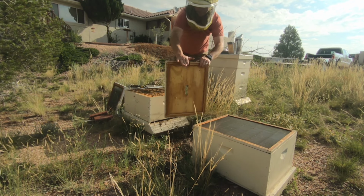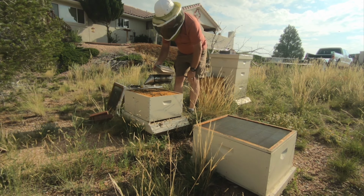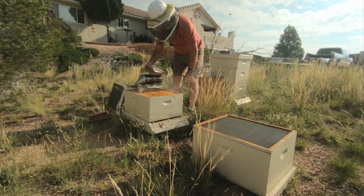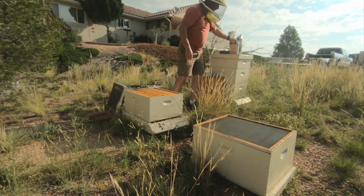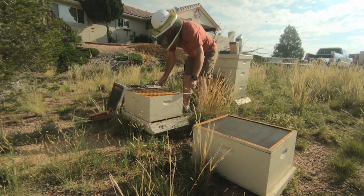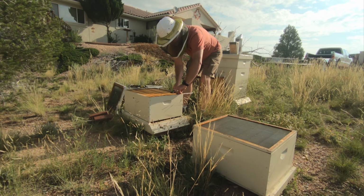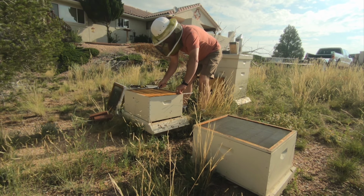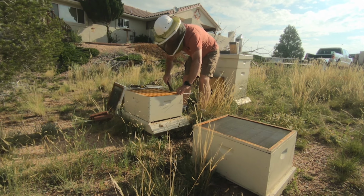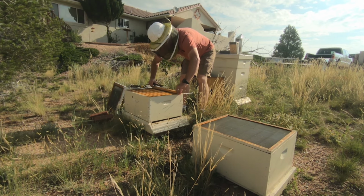Now a hive that has a drone layer, they know that they're doomed basically. But for whatever reason, they won't accept a new queen. So if you buy a queen in a cage to unite with them, they won't accept that queen, especially if they have a queen in the hive. But even if they don't have a queen in the hive, if they have laying workers, I guess is the true term, in that case,